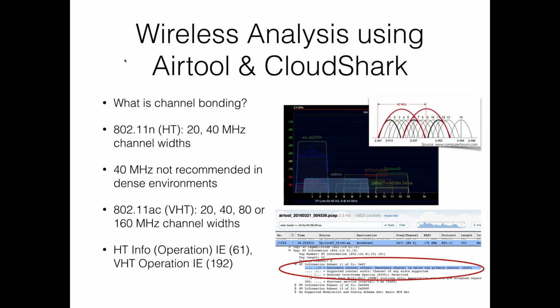So for 802.11n, you can have 20 megahertz or 40 megahertz channel widths. The figure there is showing a network that is configured on channel 6. The one that's highlighted, the Voltron one, is configured on channel 6, but it's using 40 megahertz